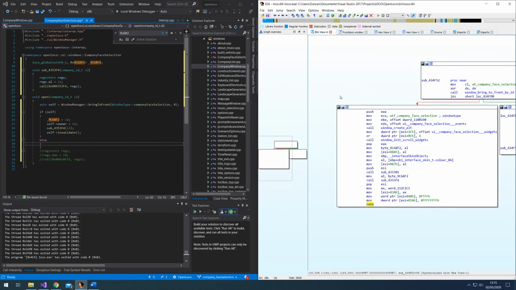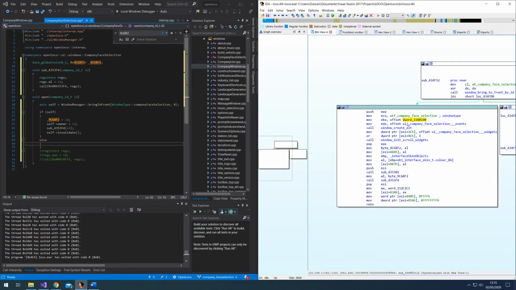So let's move over to this side of the branch, which is creating a brand new window. So first of all, EAX, as already mentioned, is the company ID. So that's the reason why it's pushing that away, because we need to use it to set it over here. It's on ECX, it's passing in the window type, and EBX